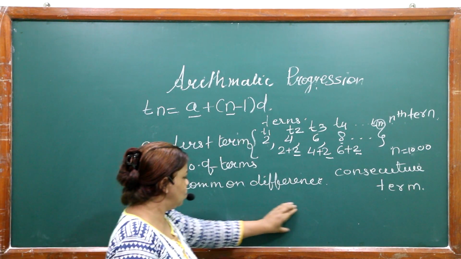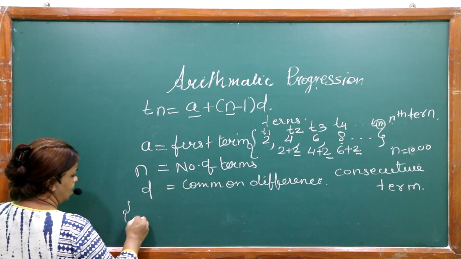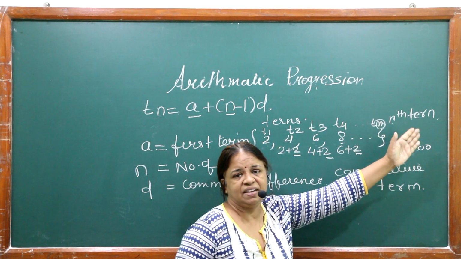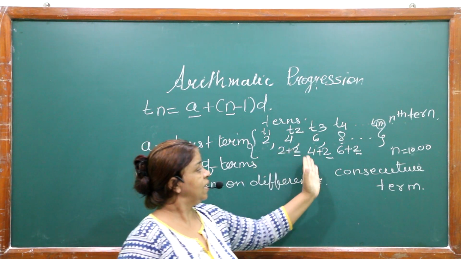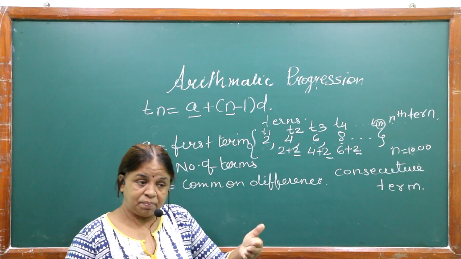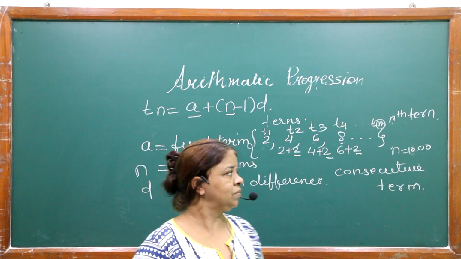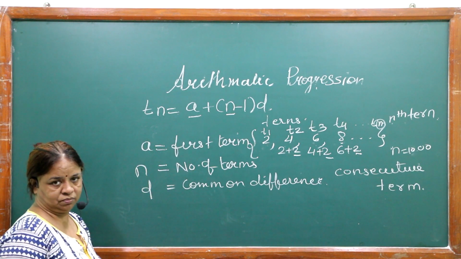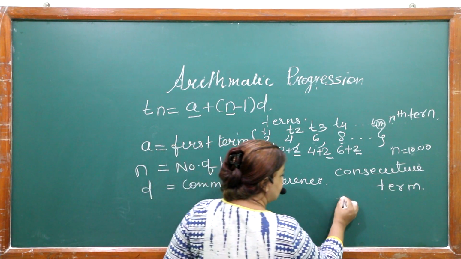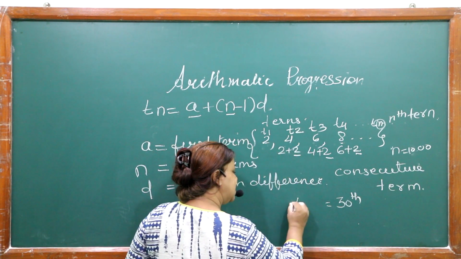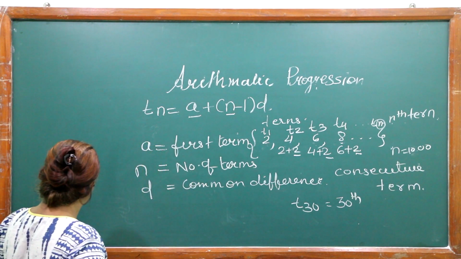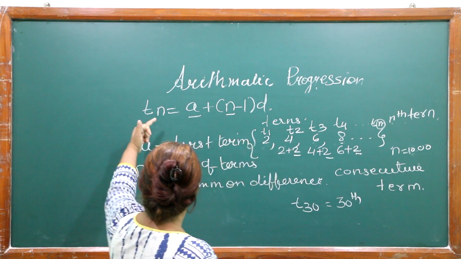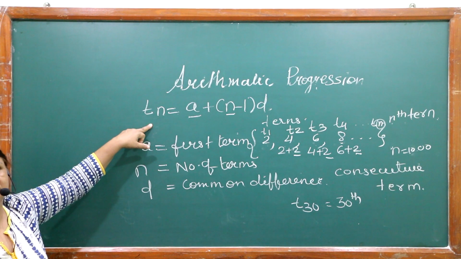If I write any numbers here on the board, for example, I have written here 2, 4, 6, 8, I could only write 4 terms. 5, 6, 7, 8, I can write, and I can tell you because I know that if I keep on adding 2 to the preceding term, I can get the next term. But suppose suddenly somebody says to me, find out the 30th term. To find the 30th term, that is T30, I have to write down 30 numbers, and then I can get that 30th term. But by using this formula, I can get the 30th term easily.